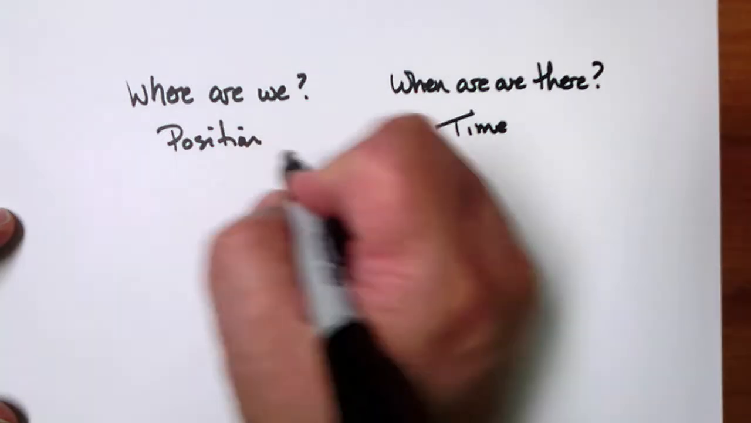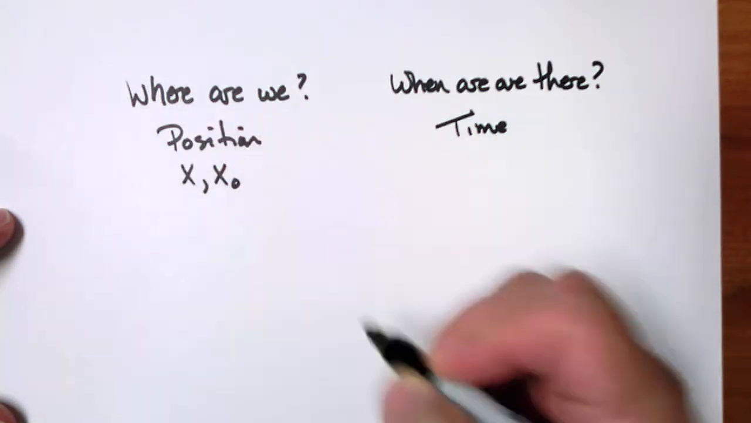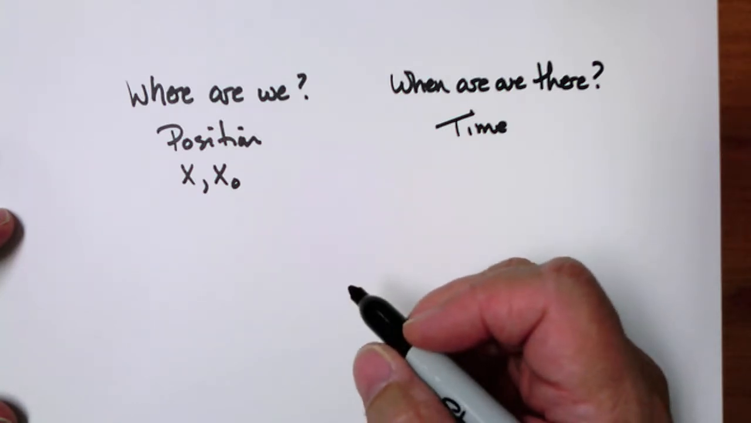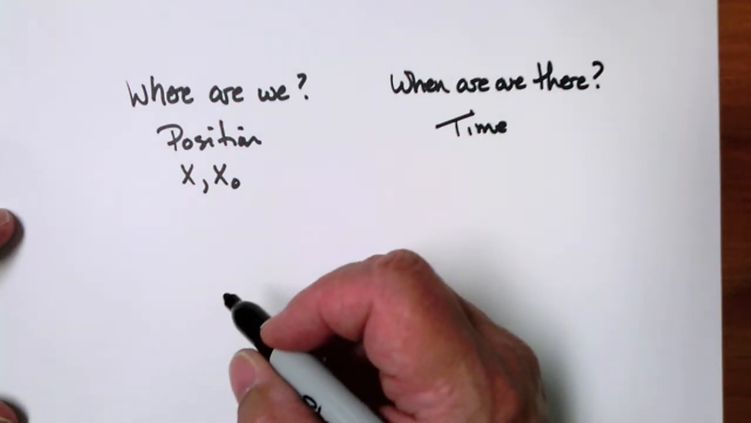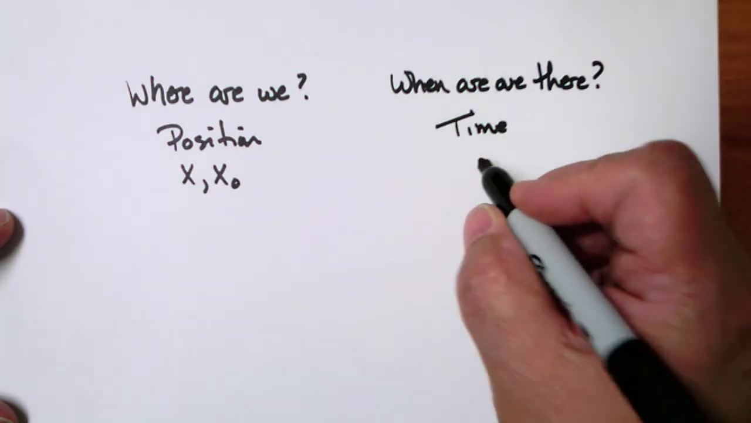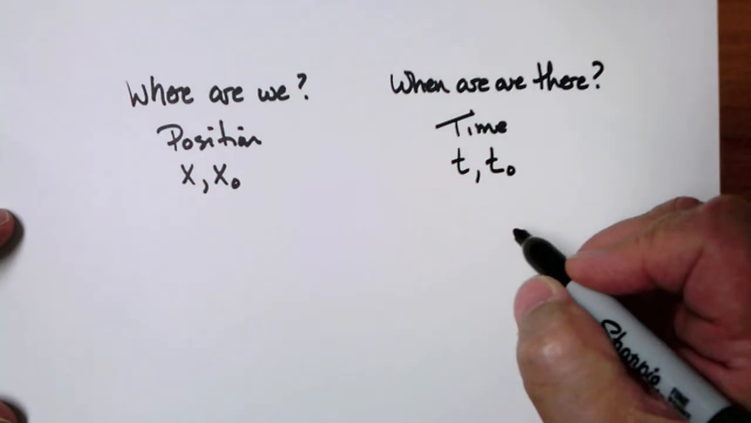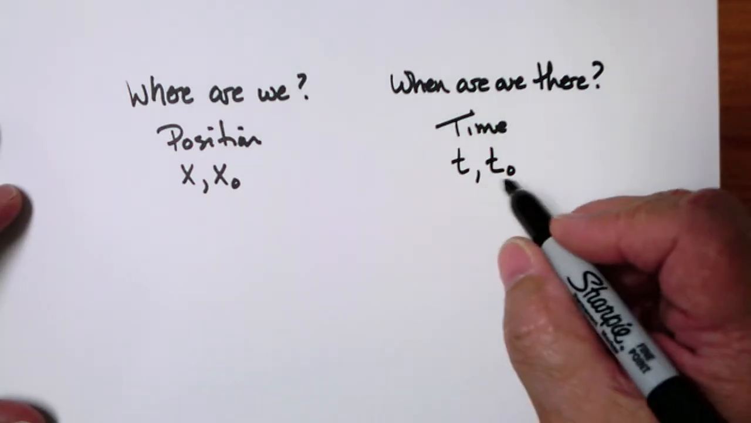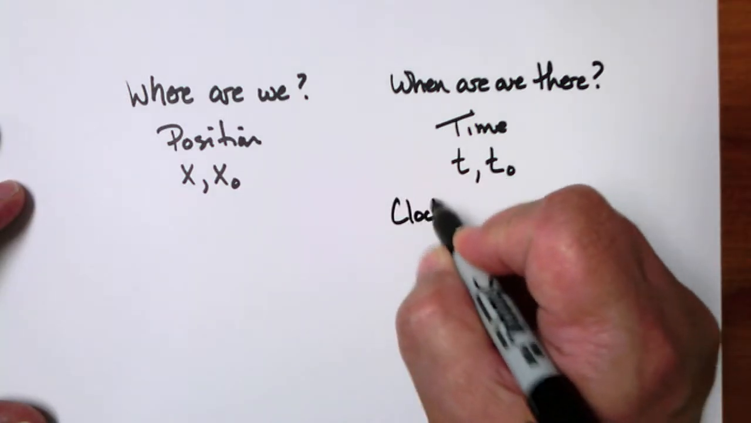Position, symbolized by x, or x of 0, if we're talking about our initial position, is our position relative to our reference point, our frame of reference, an origin that we've established. Time, symbolized as lowercase t or lowercase t sub 0 for our initial time, can be described in one of two ways. We have clock time,